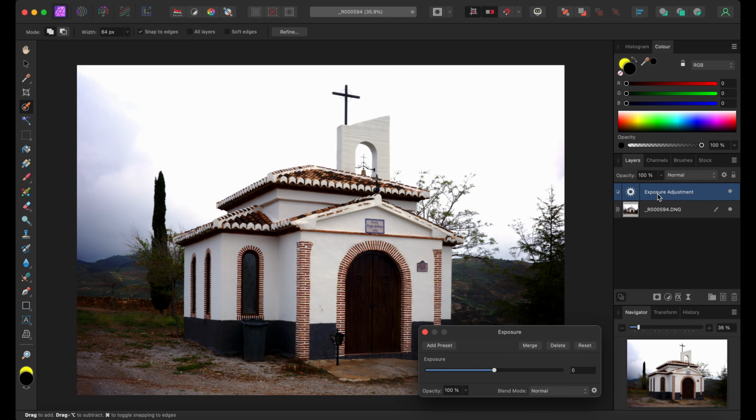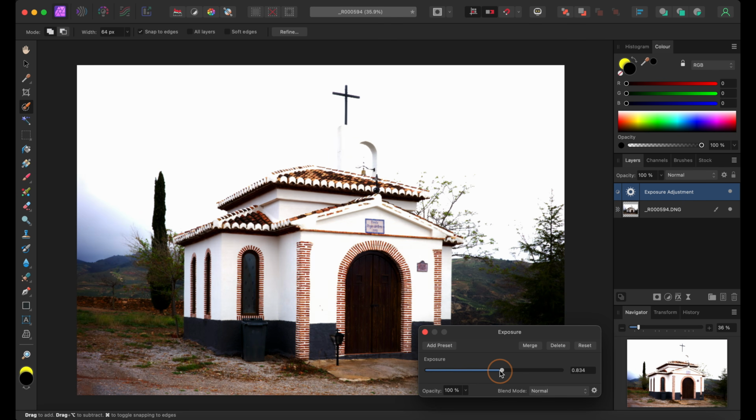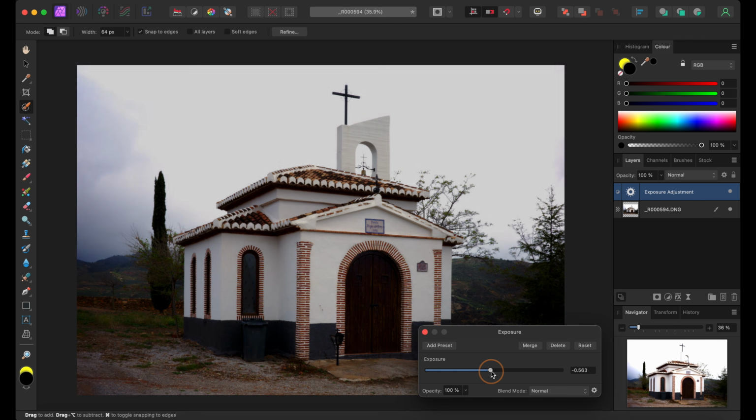Okay, and there's my exposure adjustment. What this does is affect across the entire photograph, but that's not what we want to do. What we want to do is to adjust this exposure over an area of the photograph. So this is no good, but